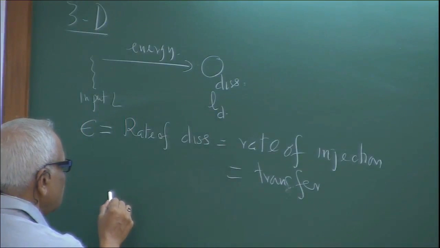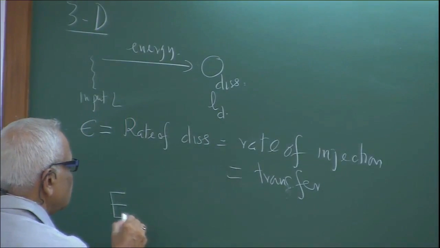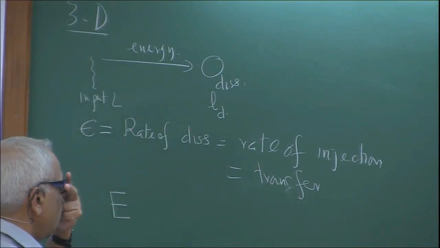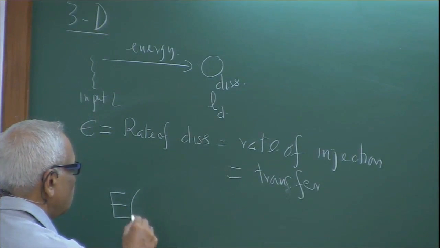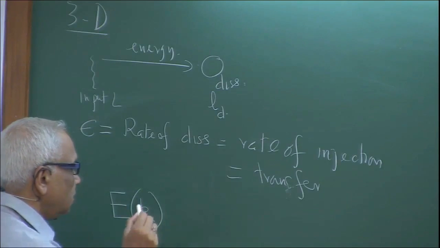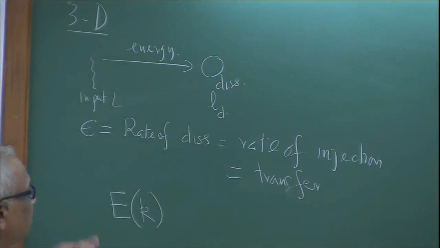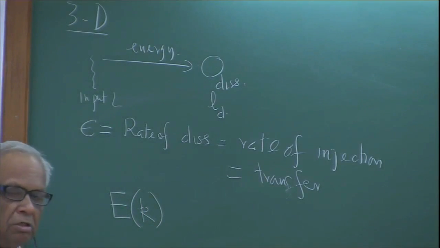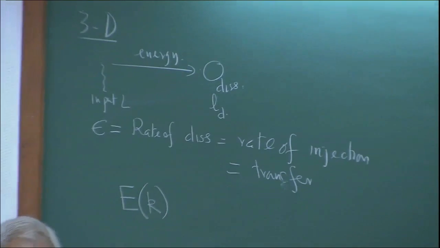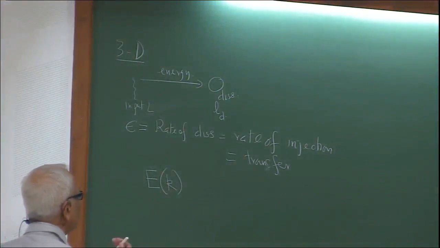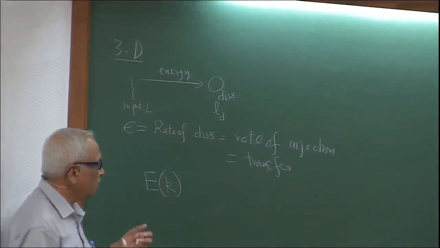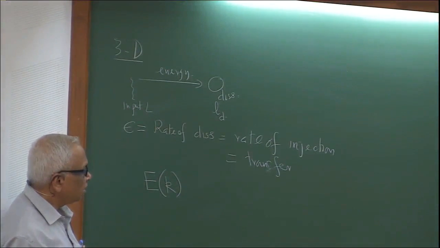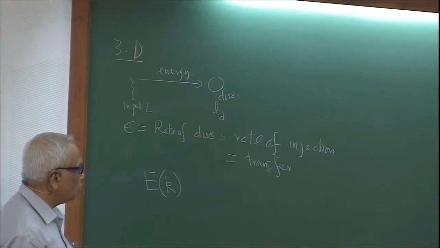And so far as these scaling arguments go, I'm interested in the scaling of the so-called energy spectrum. We have done enough discussion on the velocity increments, which are essentially at the heart of turbulence, so we have seen a lot of manipulations with that. But then, back to things which are much more straightforward,